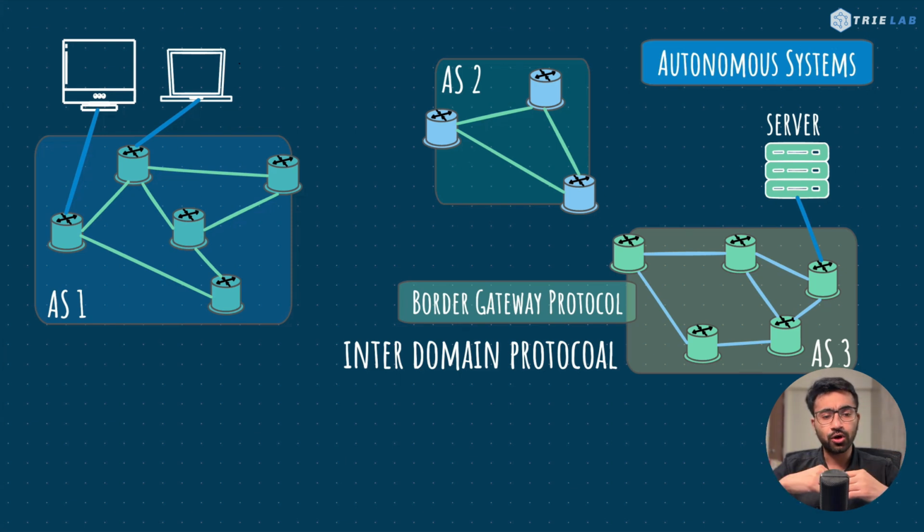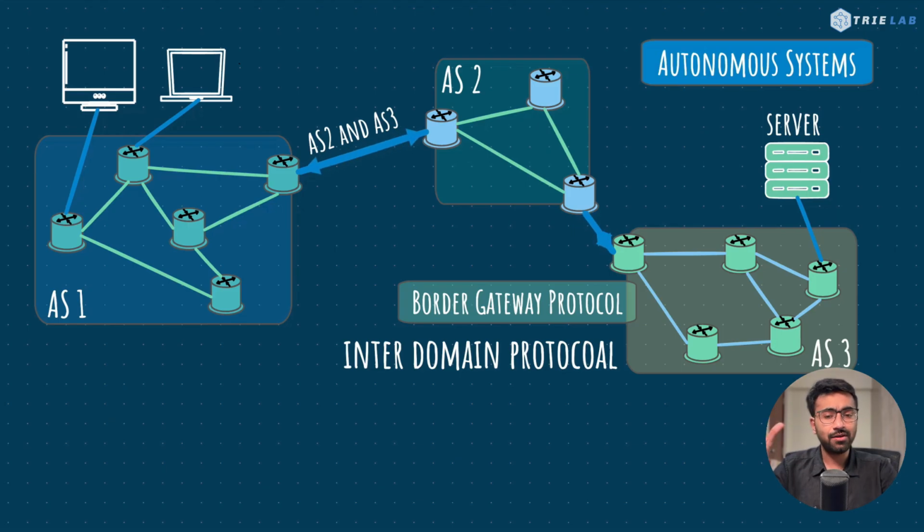Now, in this protocol, every autonomous system has a designated router called the Border Gateway Router, which summarizes information of a particular autonomous system and shares it across to other autonomous systems. For example, over here, AS2 will communicate to AS1 that, hey, I can connect to autonomous system 3 as well. Now, this is a very simple description of what Border Gateway Protocol does, but this helps understand how autonomous system 1 can make decisions to route to autonomous system 3.